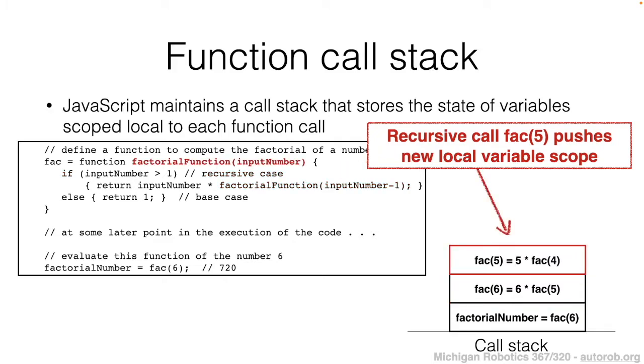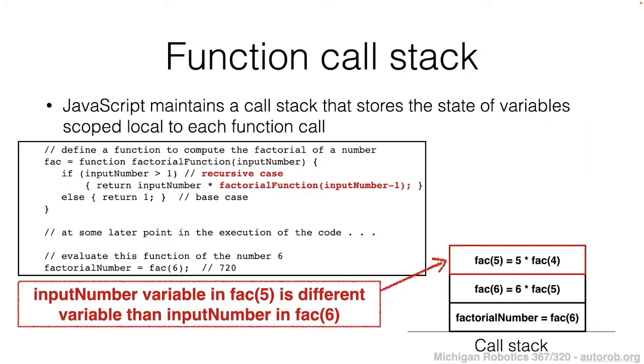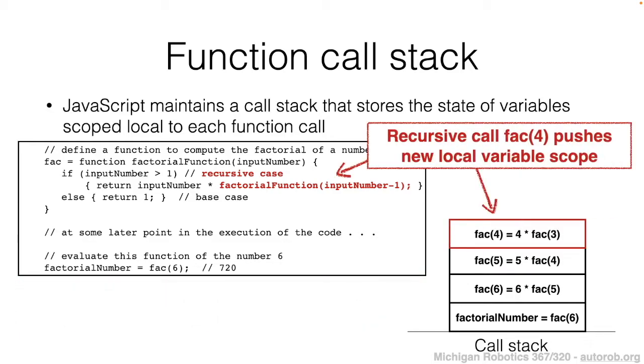So we have a new local variable scope, and we go through the same process, right? Now with input number 5, we check the base case. Input number 5 is greater than 1, so we're going to return the input number multiplied with another call to the function with input 5 minus 1, which is 4. Once again, we're going to create a new local variable scope, push that to the stack, and continue this process